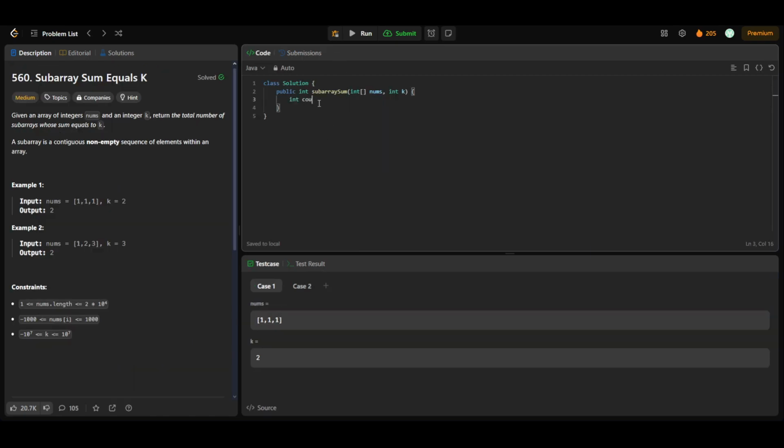Let's start with the question: we'll initialize a count, our sum will be equal to 0, then we'll traverse the array. Sorry, first let's have a hash map, a map of integer comma integer, let's call it window, that will be equal to a new hash map. Now let's start traversing the array: for int i equal to 0, i less than nums.length, i plus plus,